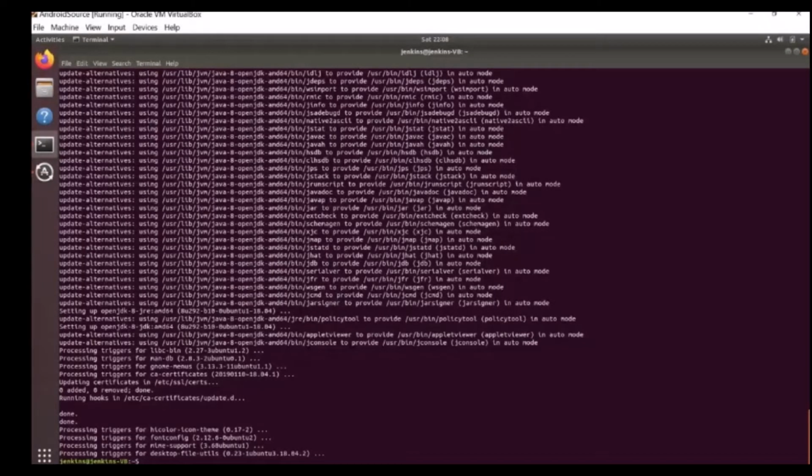The third step will be installing the repo, which would help us in fetching or checking out the source code from Git.